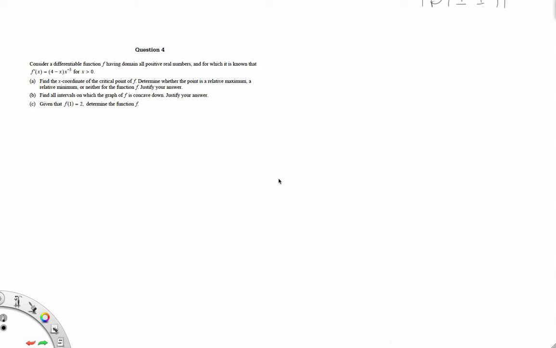Alright, this is question 4 on the 2011 Form B test. Part A says find the x-coordinate of the critical point of f. So if we have a function f, its critical values are found when we take the derivative of f and set it equal to 0 or set it equal to undefined. This is the derivative, so all I want to do is figure out when f prime of x equals 0